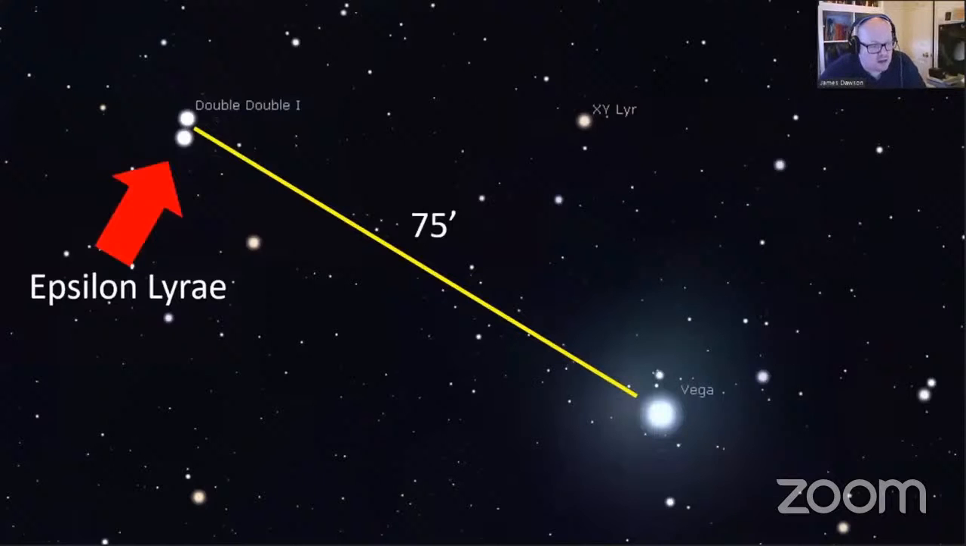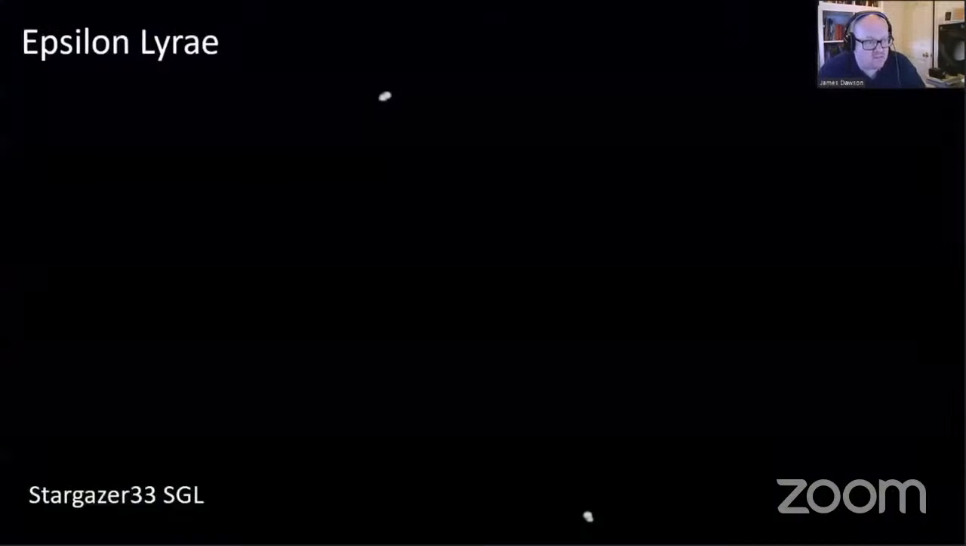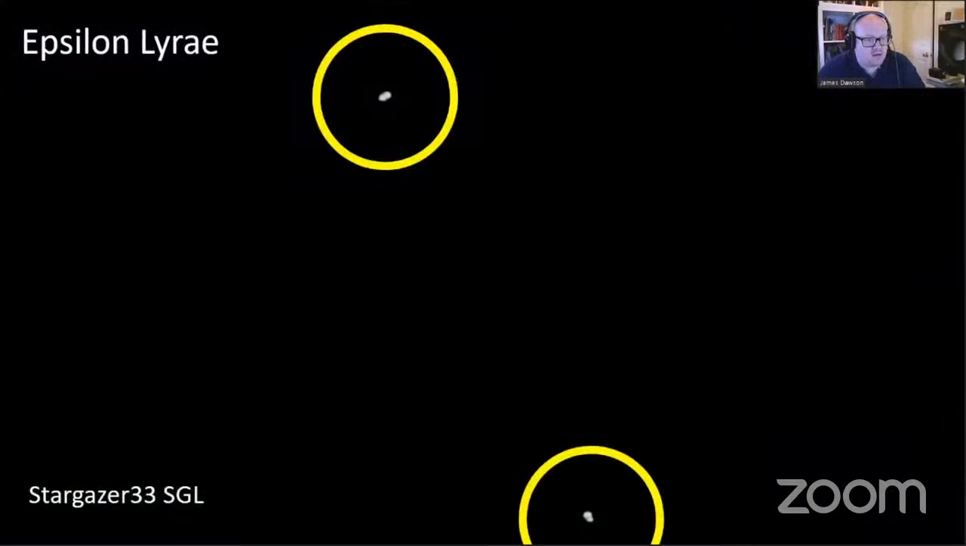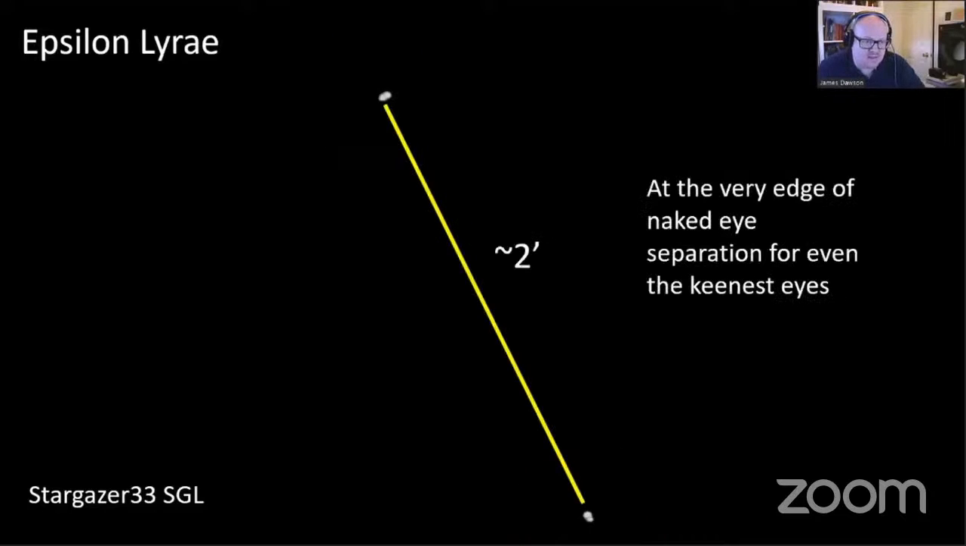And if we zoom in a bit closer on Epsilon Lyrae, you'll see that this double is actually 2 pairs, or 2 pairs. Does that make sense? 2 pairs. There's 4 stars. The double star we saw earlier actually is 2 lots of 2. And the separation between them is about 2 arc minutes. So this is really pushing naked eye